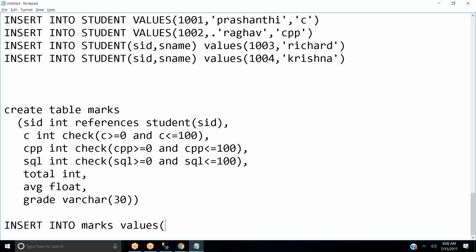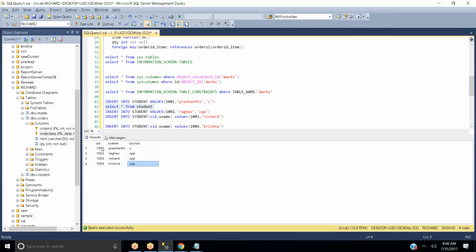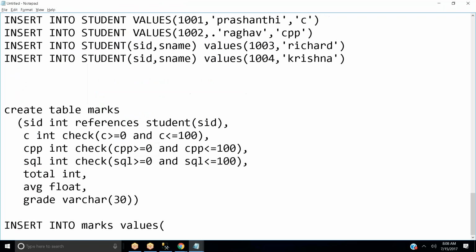Now you need to give values for student ID and so on. And also you need to remember one thing. You should not start with 1. Why? Because you have already inserted 1001, 1002, 1003, 1004. And also you have a relationship between two tables, correct? References, yes. So it means whenever you are going to insert some value, it should be present in your student table. Otherwise, you are going to get an error.